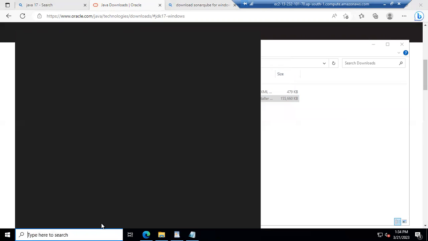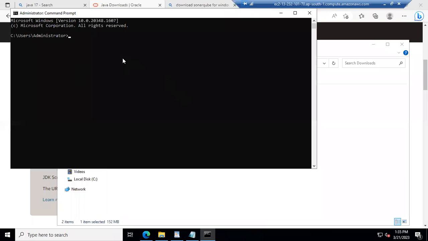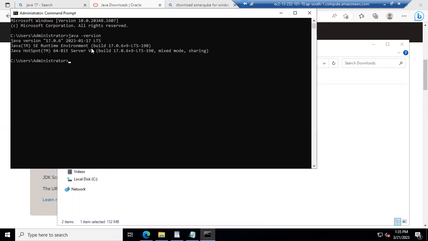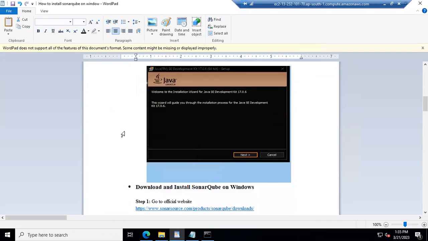Now let me check whether this Java 17 version is installed properly or not. For that, let me open this command prompt, and using the java space hyphen version command, we can check whether Java is installed properly or not. So see, Java version 17, it's installed properly. Okay, so now let's see the next topic,